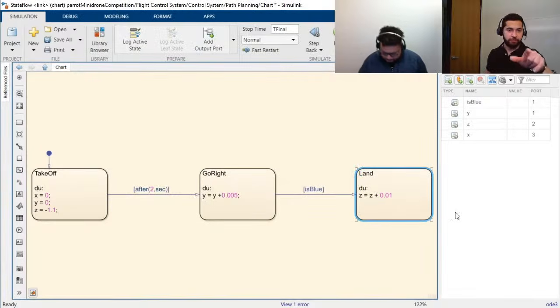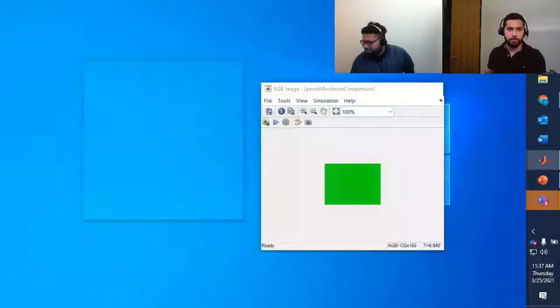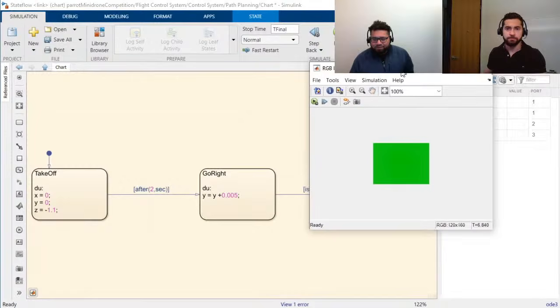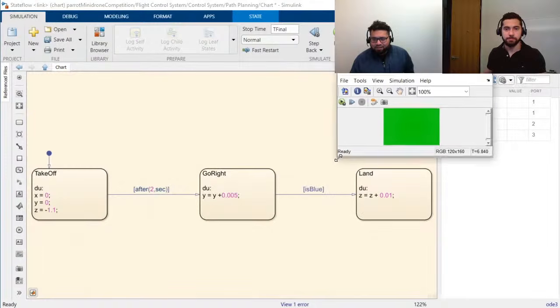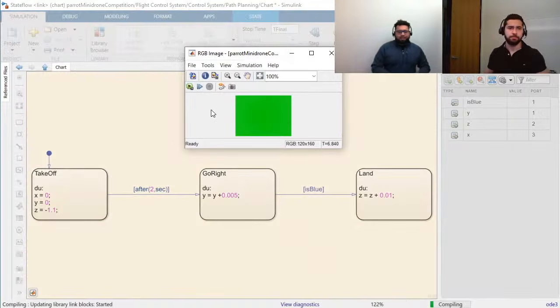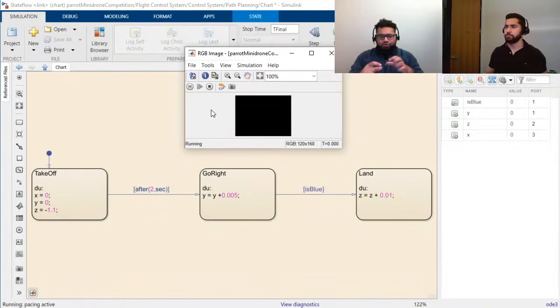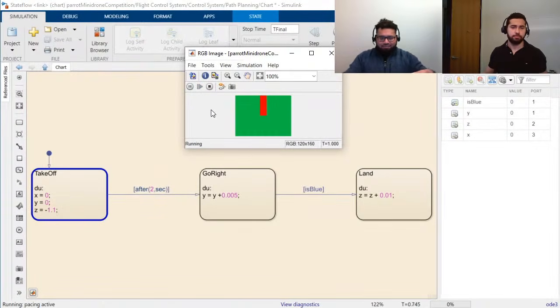So can we run that again from here? I want to see sort of the progression of the different states and things like that. Yeah. I think one good way to visualize this is let's open up this guy here, and now let's run this. So essentially, what we know is when we start running the simulation, it'll get into the takeoff state, sort of hover up to that 1.1 unit mark, and that's when you should start seeing that red strip sort of come